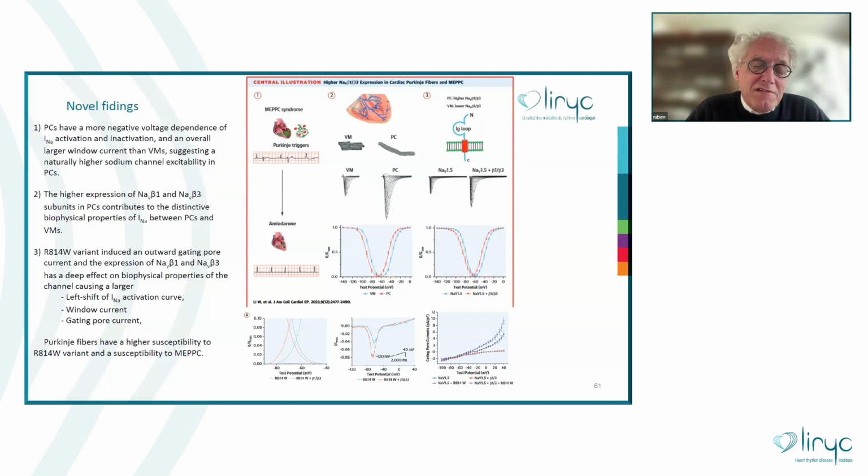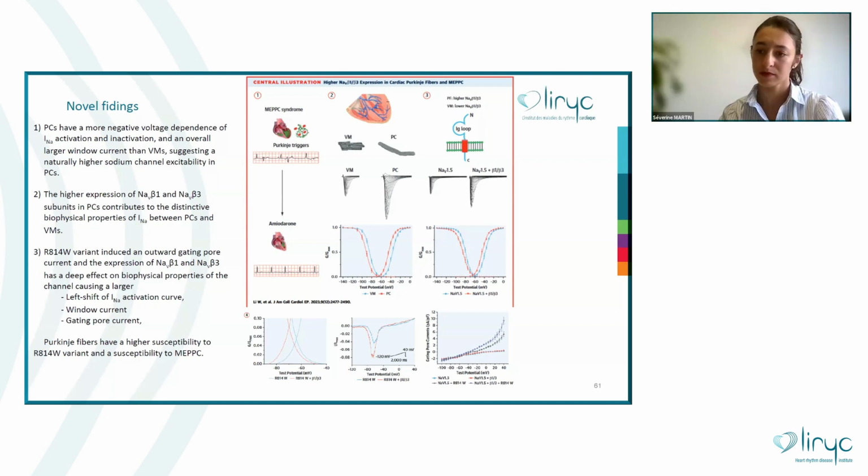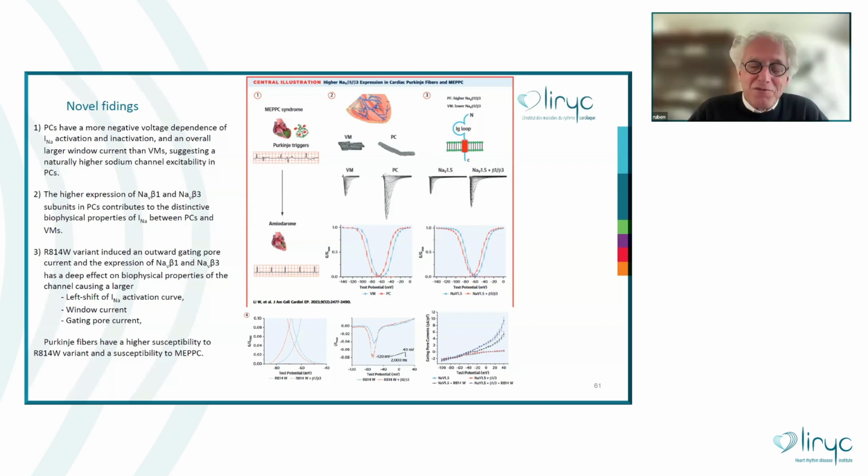So to get the window current, you have to clamp the cell at -70. In the upstroke, it's not very reasonable to be there because it immediately goes to the sodium reversal potential. And in the repolarization, you don't stop at -70 millivolts to maintain the window current. So I'm a bit hesitant about the relevance of this for arrhythmogenesis, to be honest.